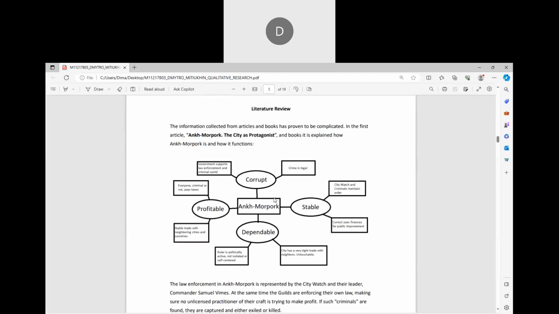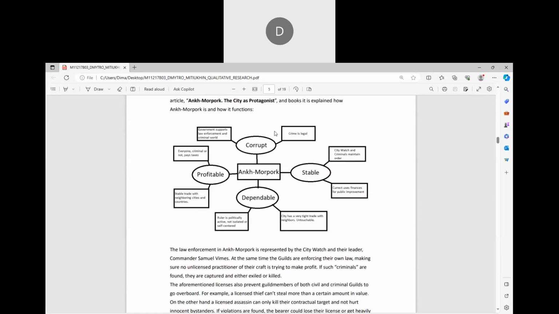So in the literature review, I must first explain that the first article, Ankh-Morpork, the City as Protagonist, tells about how the city functions and what it is standing on. It is obviously corrupt because it has both law enforcement and a criminal world maintaining peace inside of the city. And the crime in the city is also completely legalized. It is stable because both of these organizations manage to maintain their respective parts, but the difference is that the City Watch, basically the local police,